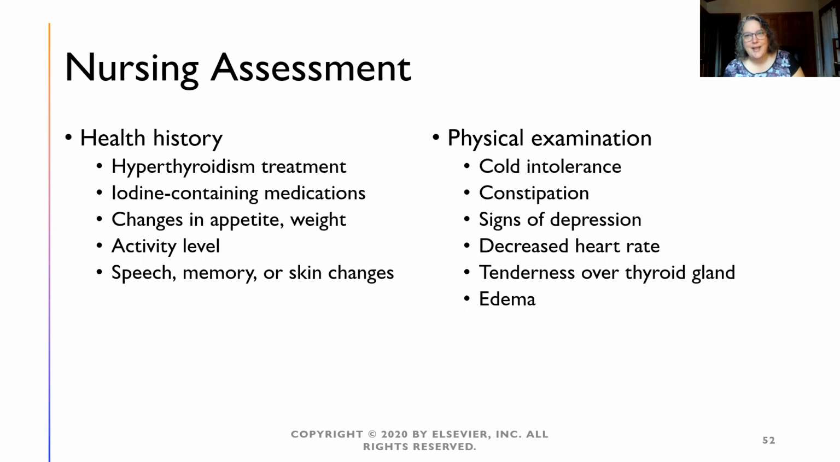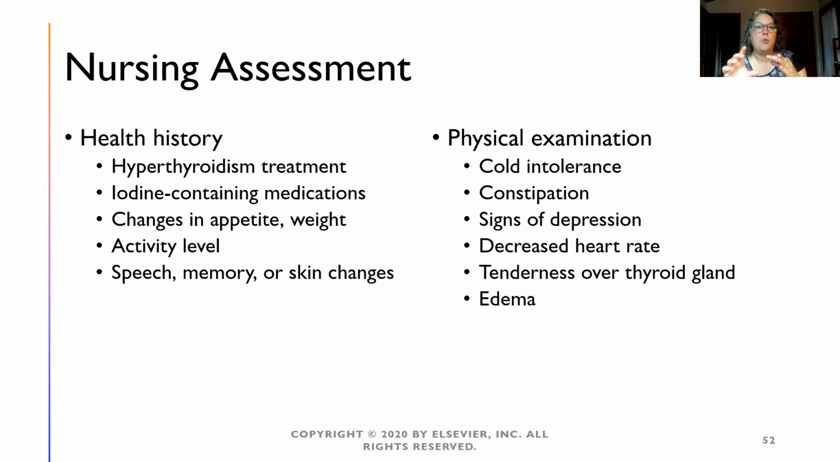Well, let's do a little ADPIE, or APIE, depending upon who taught you. So nursing assessment, we're going to be looking at a health history. Have they had hyperthyroidism treatment? One of the treatment methods for a person with hyperthyroidism is to have that thyroid either surgically removed or killed off by radioactive isotopes. And so if we've killed that off, however that's happened, we need to replace that thyroid